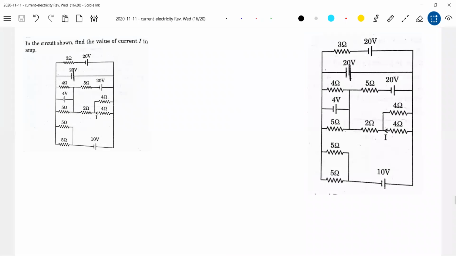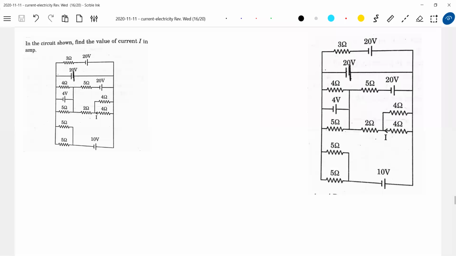So what is the first approach? Loop 1, 2, 3, 4, 5, 6, 7, 8. Shall we assume 8 loop currents? Anyway, these two are parallel, we can replace them, no doubt. Okay, only six loops are there. These two are parallel. But you can't say these two are parallel. No way. So 1, 2, 3. Again, can you make these two parallel? Yes, it can be. There's a common one. Okay, 1, 2, 3, 4, 5. 5 loop equations.